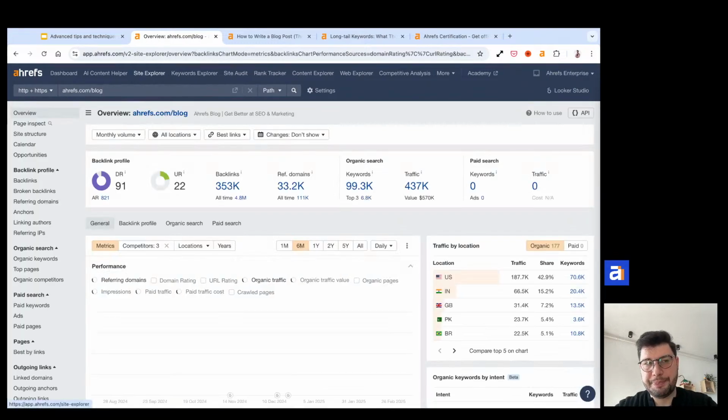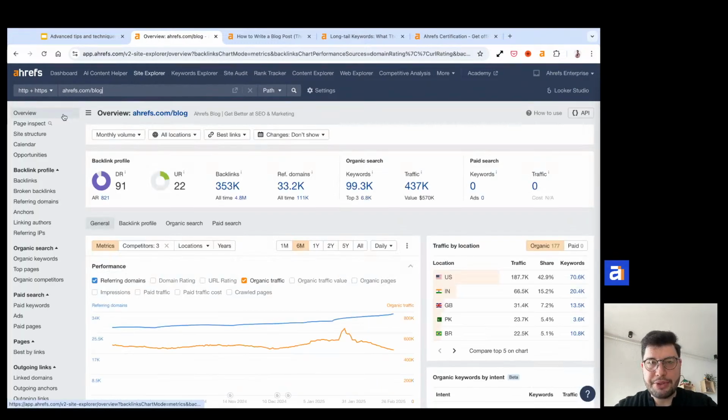So once I hit enter, you'll be greeted by the overview report, which shows you any website's organic and paid traffic performance in terms of a few metrics. So we have the proprietary ones, domain rating and URL rating. It shows you a website's or a page's backlink strength. You'll see the number of backlinks, referring domains, a bunch of organic numbers, organic keywords, and how much organic traffic they generate, as well as paid metrics such as paid keywords and the paid traffic they generate. We don't currently run any ads for our own blog, so that's why those numbers are